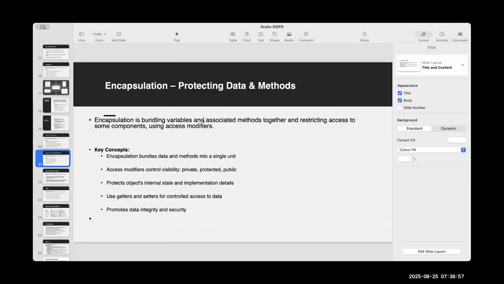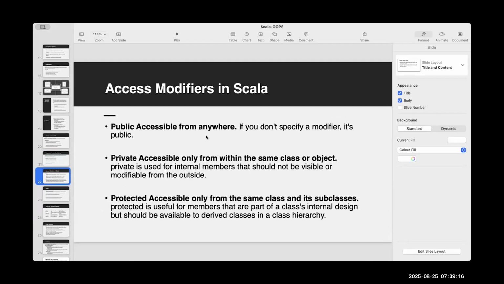Here we are binding variables and associated methods together and restricting the access. So how will we restrict the access? We have seen some examples where, when things are private, they cannot be accessed outside the class. So there we will be using those access modifiers. Let's look at the access modifiers, then we'll move to the abstract class and